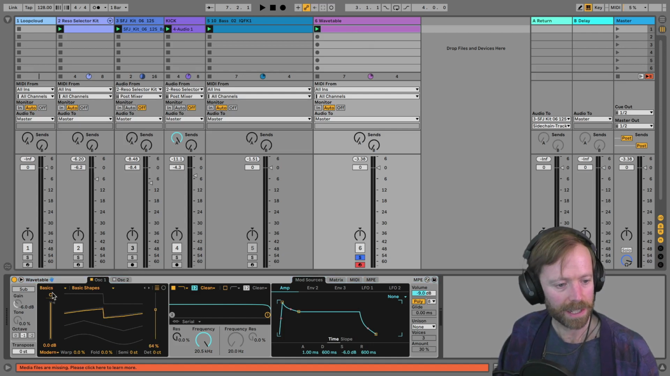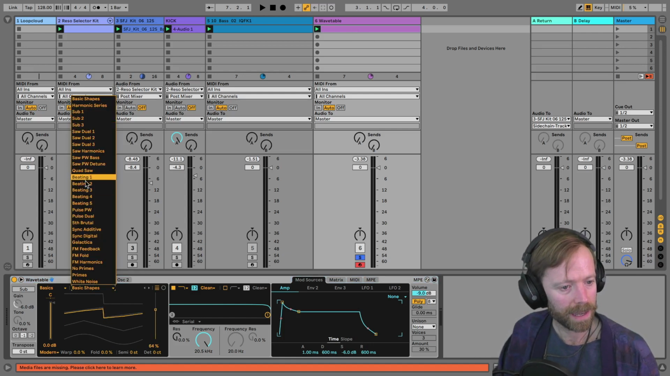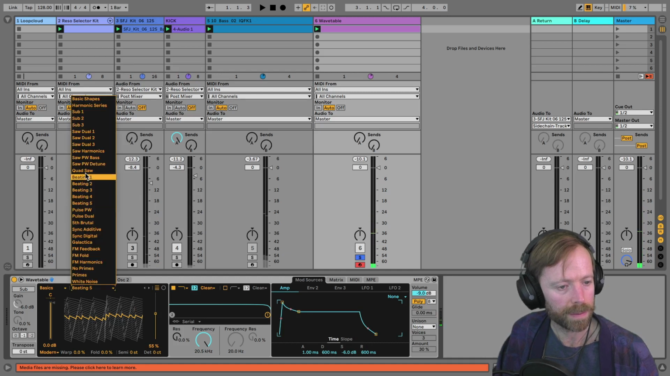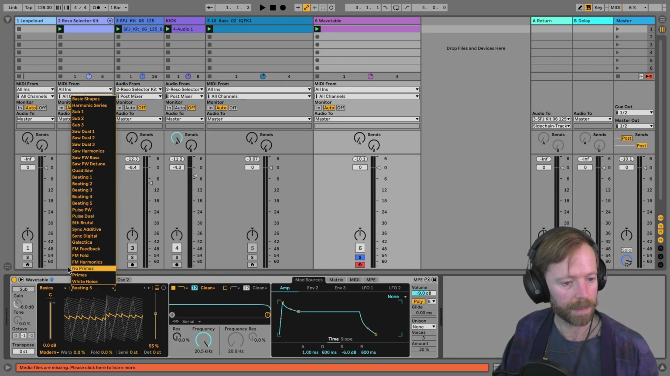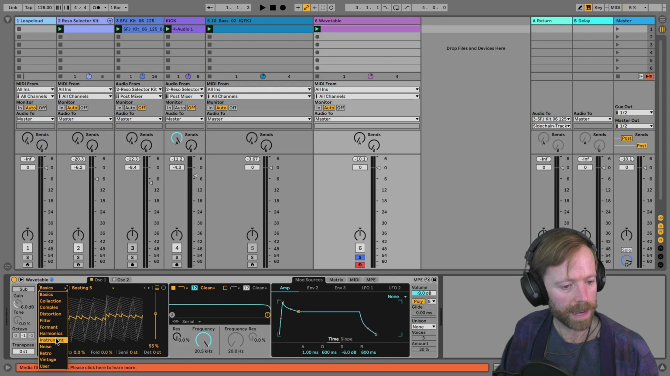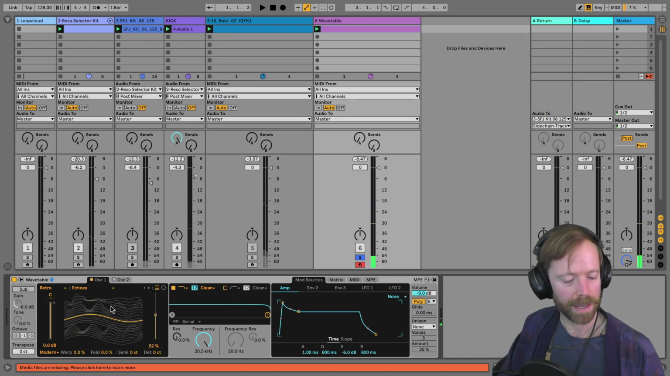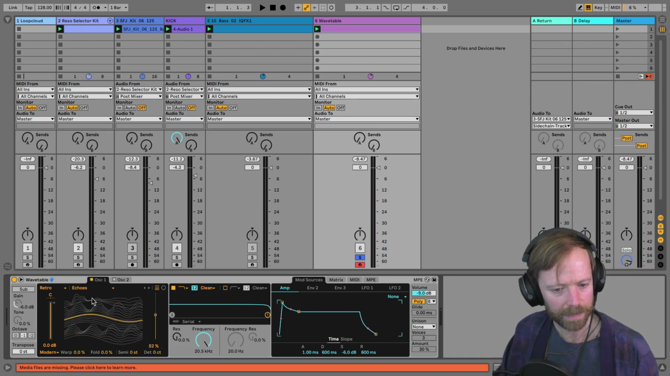So let's just choose an interesting wavetable here. It's a bit squeaky and high-pitched. Let's go with retro. Okay, it's got some nice things going on there. So